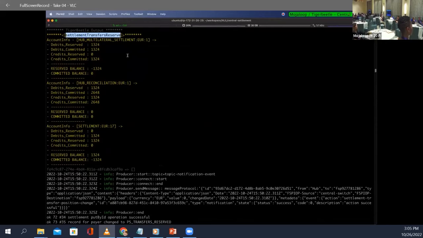This settlement transfers reserve event would be responsible for fulfilling the actual settlement for the payee, and we are achieving that via a two-phase commit. And you'll notice that all of the reserve balances for the hub accounts, as well as then for the DFSP settlement account, will be